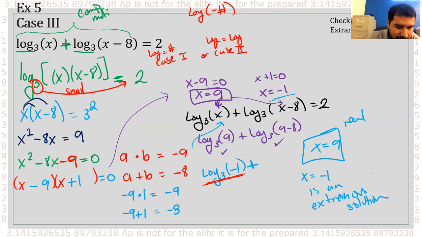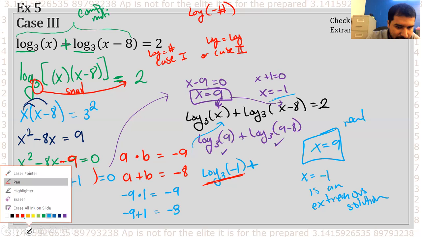Okay, so how many solutions did this have? Well, at the beginning we thought it had 2, but in reality we saw that, hey, only one was real and the second one was an extraneous solution. So we ended up having only one solution. Okay, this is the harder part about this, finding out which one is the extraneous. But keep in mind, guys, let me get my laser. Keep in mind,